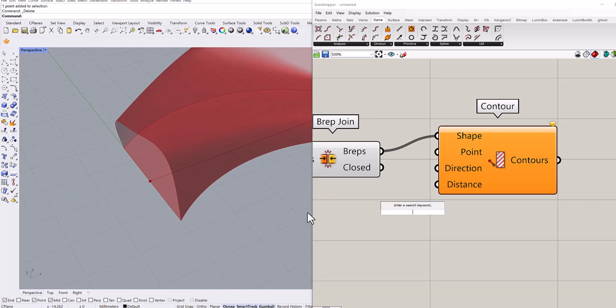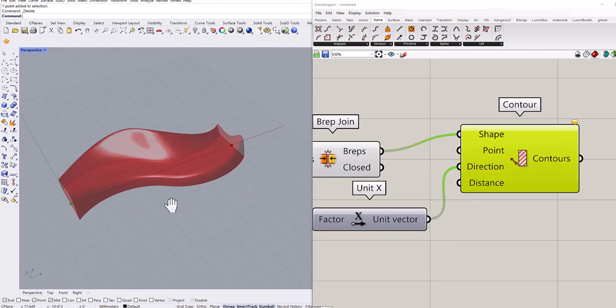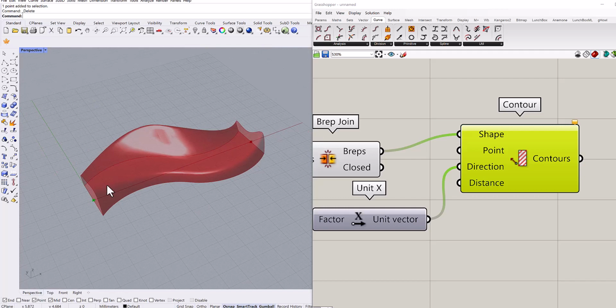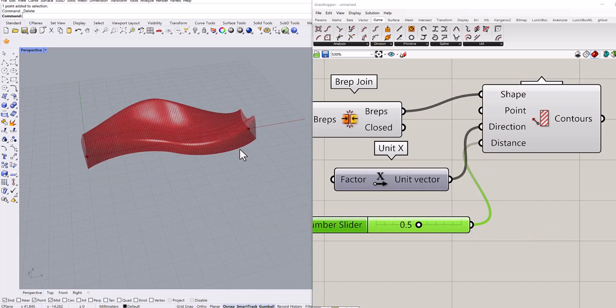And the direction is the X direction. Of course, this is the X direction, but not all the time is it the X direction. Here our bench is in the X direction, so I use the X direction. And for the distance, I think 0.5 is not bad. We can change it if necessary. Now we can see the